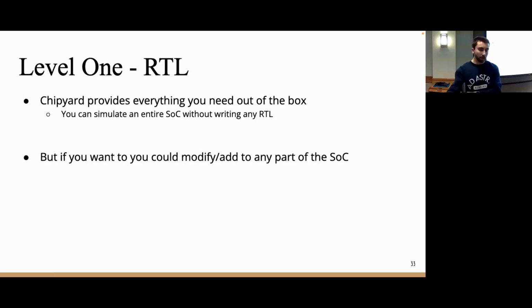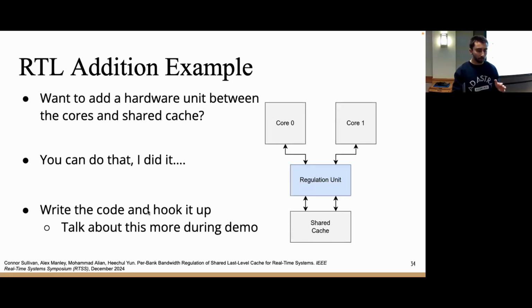Going into a bit more detail about these, again, at level 1, you have the RTL. This is where Chipyard is providing you everything out of the box. You can actually simulate an entire SoC without writing any RTL yourself. But if you want, you could modify and add to any part of the SoC. An example of this, which I'm going to get to more in the demo section, is the paper that I mentioned at the beginning of this talk. Say you want to have a hardware unit between the cores and shared cache. So you have two cores, you have a unit here, and then you have the cache. You can write the RTL for it, and then hook it up, build it, test it. And we're going to talk about that during the